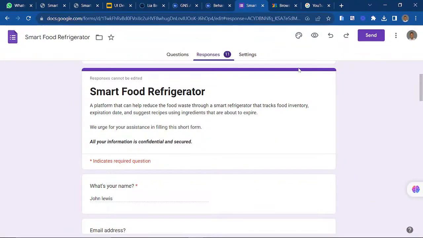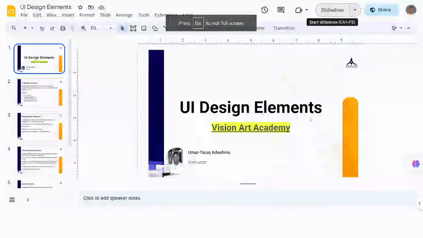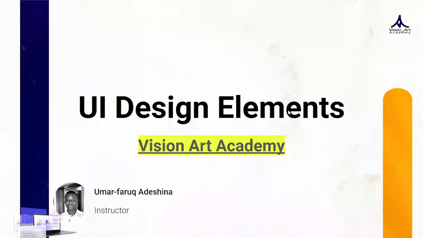Now let's quickly talk about today's slide, which is on UI design elements. So what is a UI design element? These are the things you see on your design. Everything you see on your design is attached to design elements.